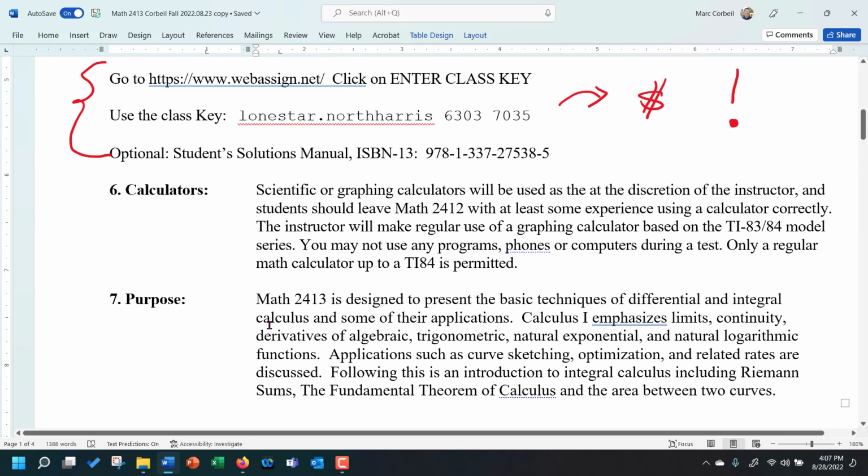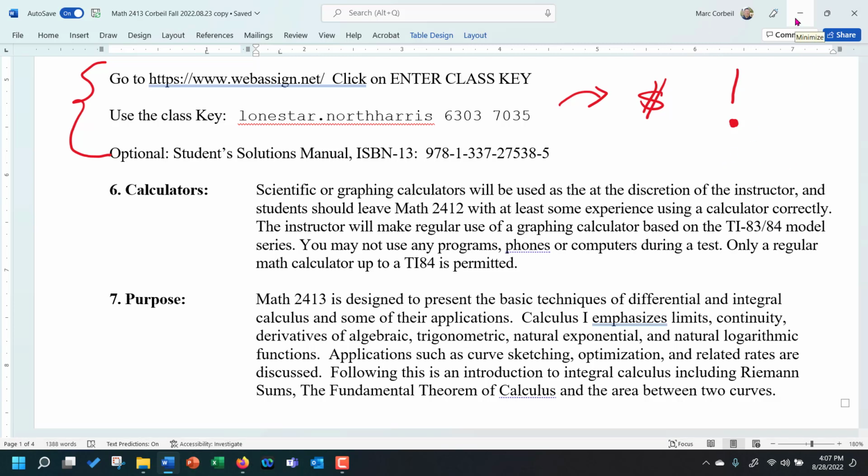Calculators, you'll see in the first couple of videos that I do, I will have a calculator up and running. That will be a Wabbit. It's called Wabbit Emu. I know I'm mispronouncing it. It's W-A-B-B-I-T. So it's a special emulator model that models the calculator. It's going to actually emulate this calculator right here, which is the TI-84 Silver Edition. So you'll see that on the screen occasionally. So if you have any questions about that, just contact me.